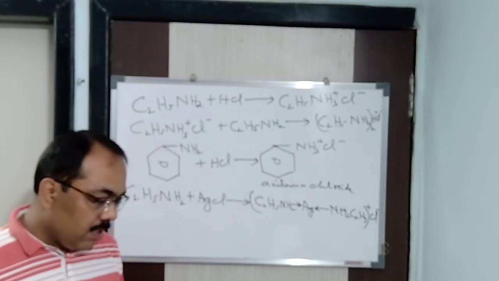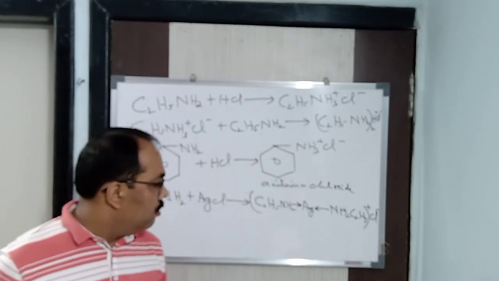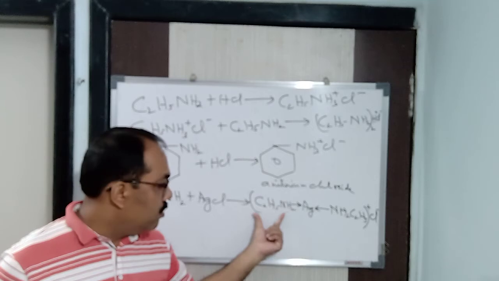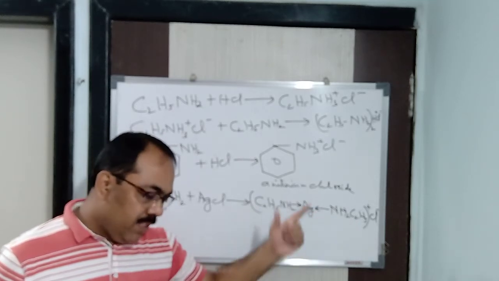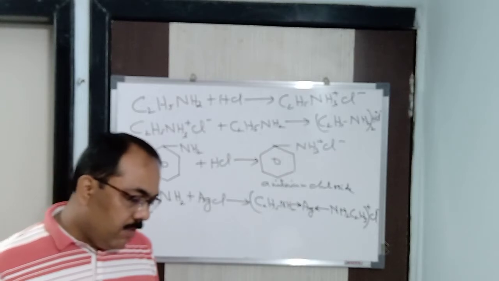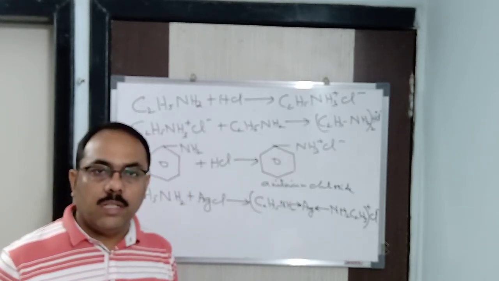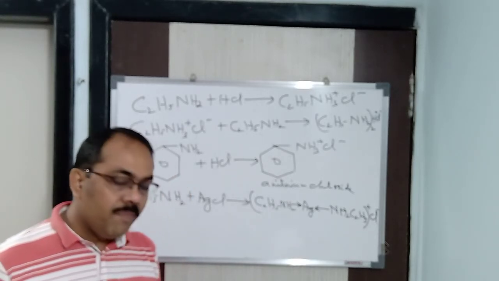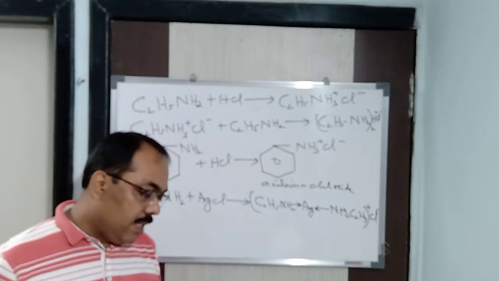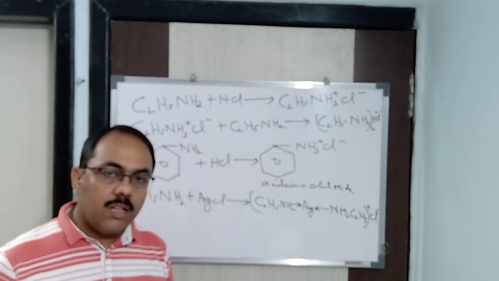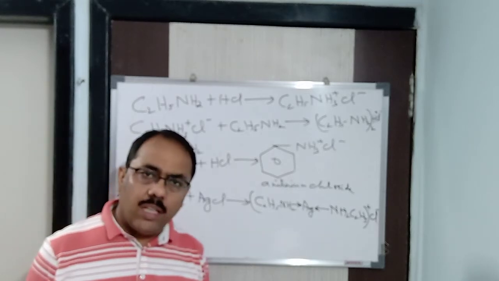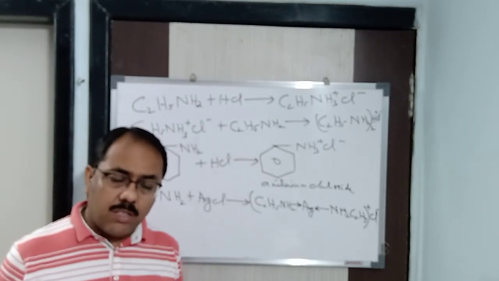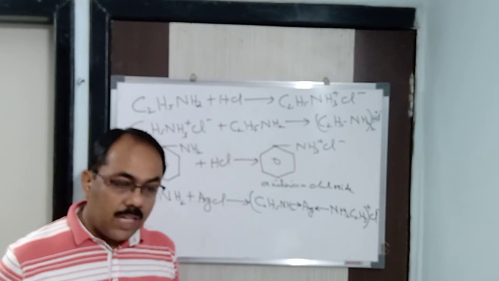That is nothing but bis(ethylamine)silver(I) chloride. Two times it is there. Bis ethylamine, then silver(I) chloride. We can say that it's a soluble salt. It's bis(ethylamine)silver(I) chloride, I should say. Clear? So in this way you will be getting it with metals also, it reacts with metal chlorides or